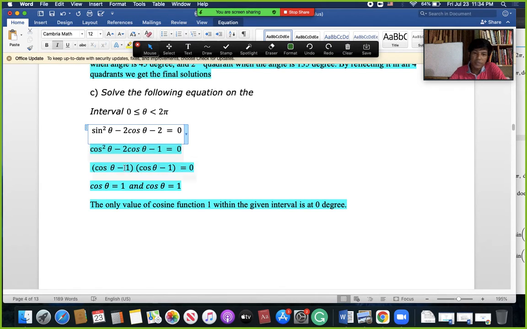Then we do the middle term factoring here. You have two answers. One is plus 1, both is plus 1, and plus 1 is at 0 degree for cosine. So we have just only one solution in this case, and see, 0 is included, that's why 0 is included in the answer. Actually, we have written the solution. The only value of cosine theta, the value of cosine function,